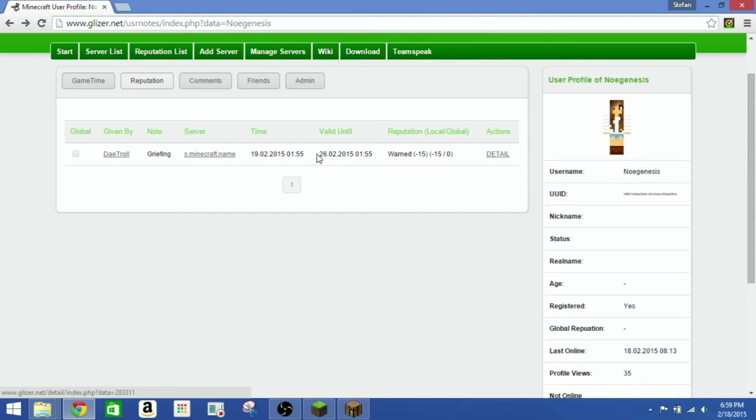But I will explain the temp warn in a little bit, for the commands. And then there is the reputation. It shows you how much you're warned, which is -15. And yeah, these basically just show the details of the warn. And if you go to detail,